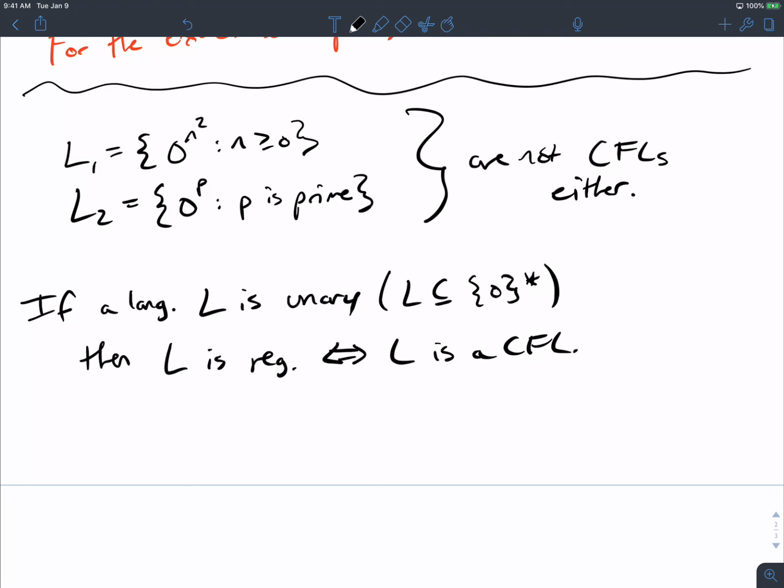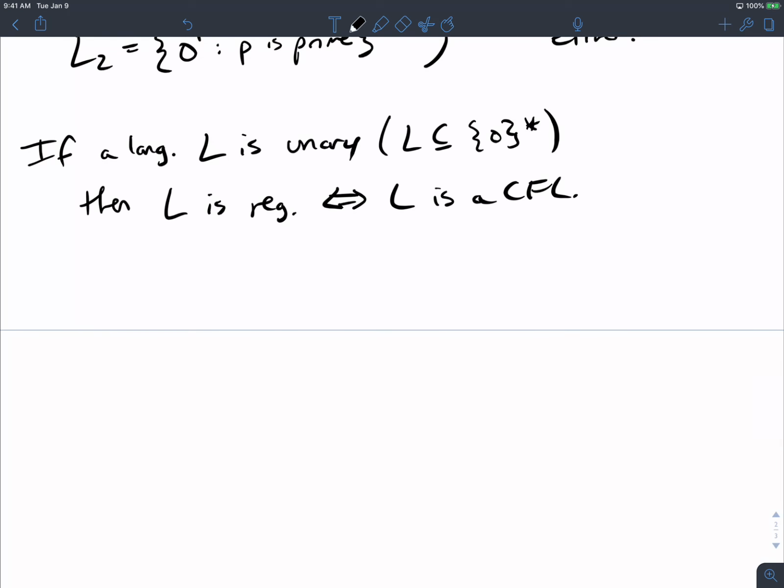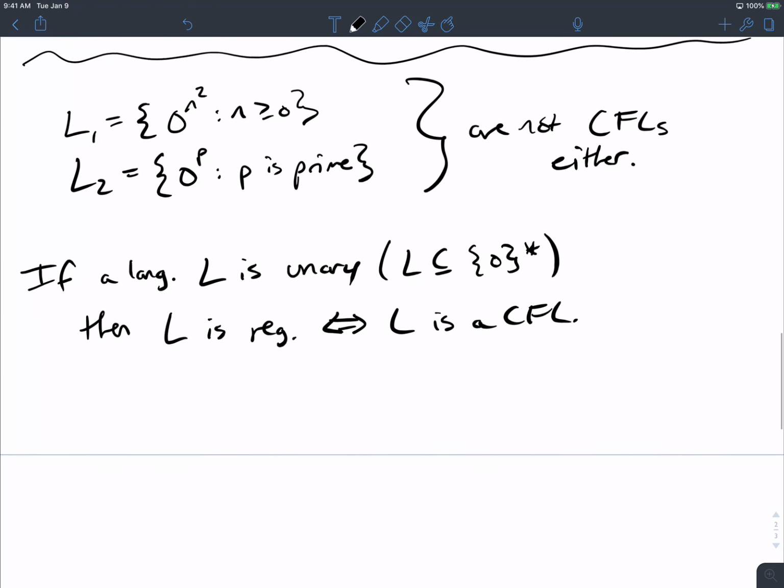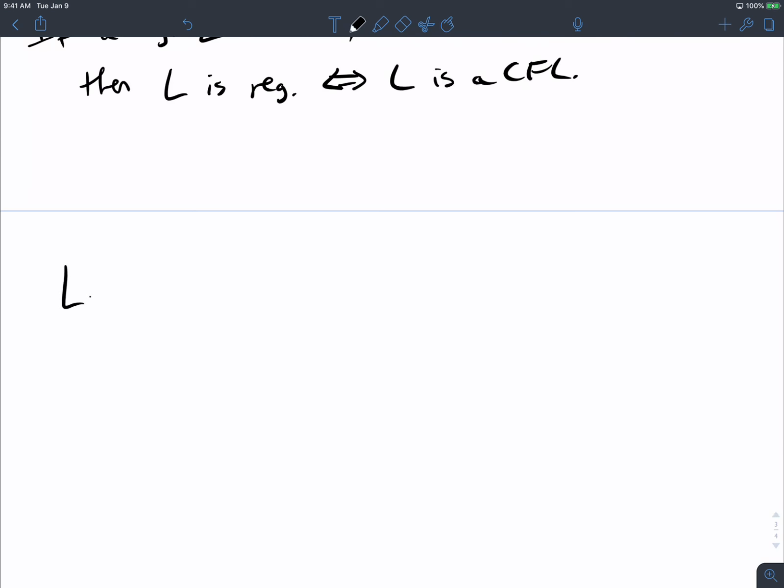Okay, so let's do one more, and let me try to think of an example because I don't know one right now. Let's see. Yeah, I'll try to think of an example. So let's do this one. Let's call it L3, and I'm making it up on the spot, I promise. Okay, yeah, let's do this one. It's very similar.